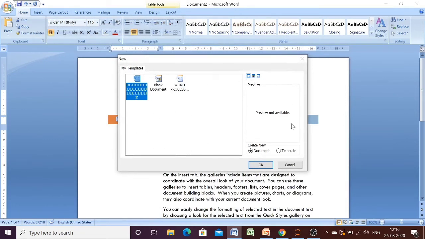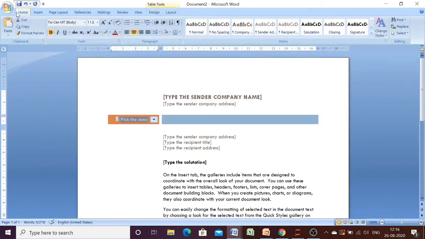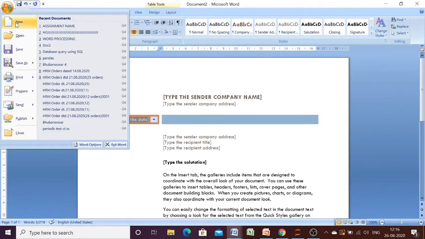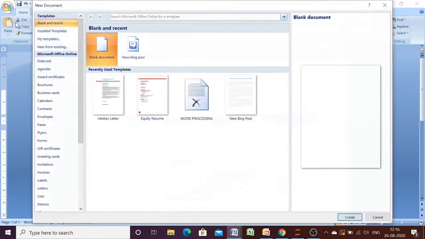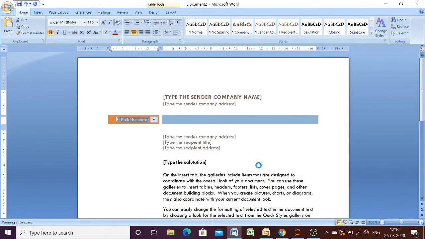Let me show you once again what you have to do. First you have to go to your New option. Then go to My Templates. What we are going to create is a template. We will go Create.